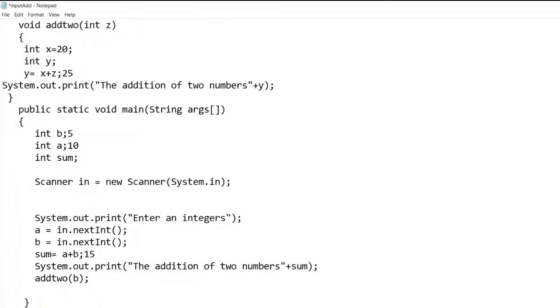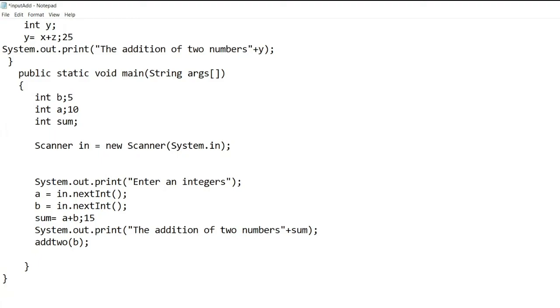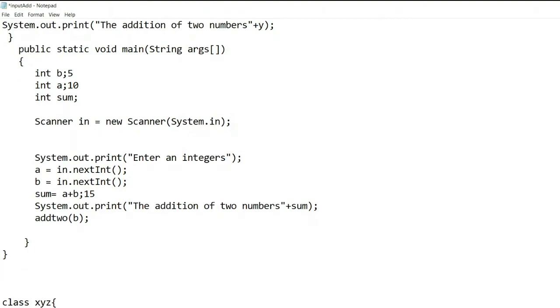Suppose there is another class xyz. Here I want to access the values a, b, and z, the values I have calculated, y also, and the b value.